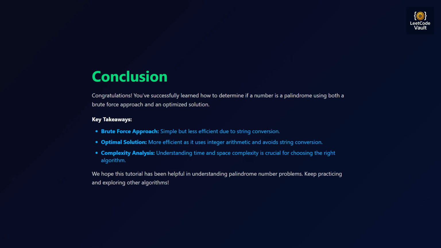Conclusion. In this tutorial, we successfully tackled the LeetCode palindrome number problem. We explored a brute force approach and then moved on to develop and implement a much more efficient solution with linear time and constant space complexity. This kind of